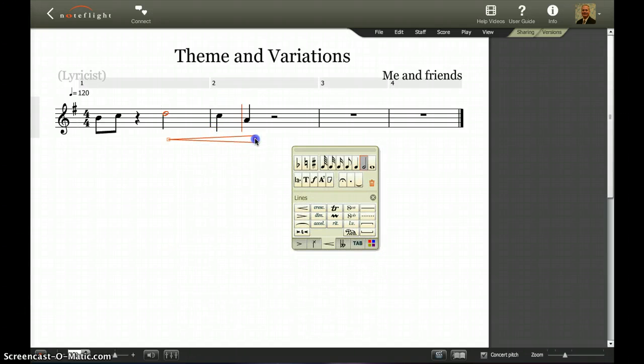If you want that to go through the next measure, you can do that. So lots of things you can do here, and I think this is pretty straightforward once you start playing around with it. Now, the important thing for this little project is I wanted you to share this with the other